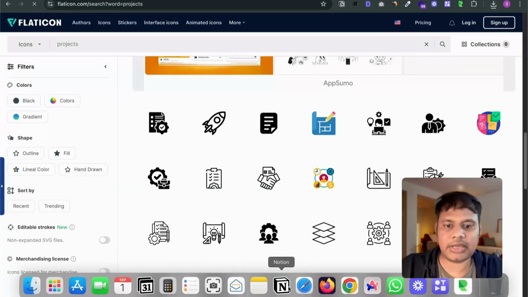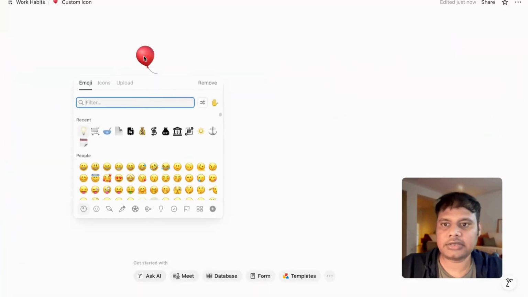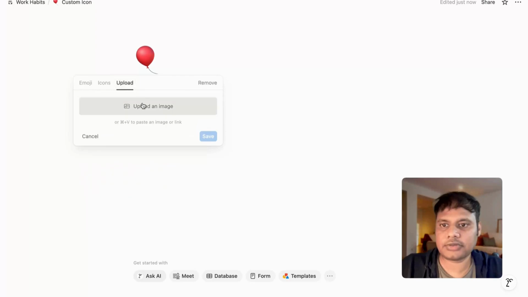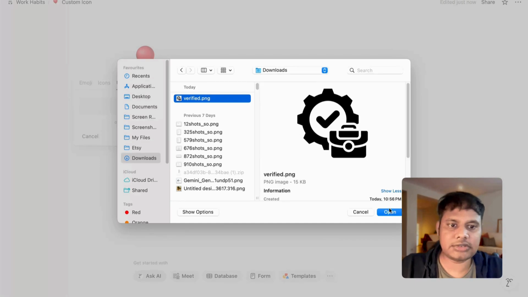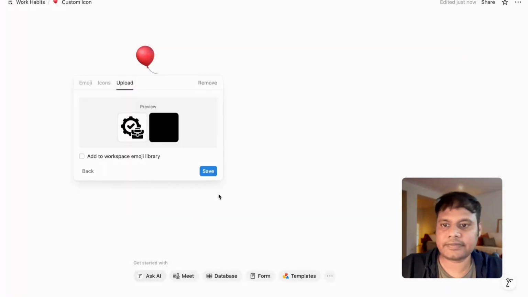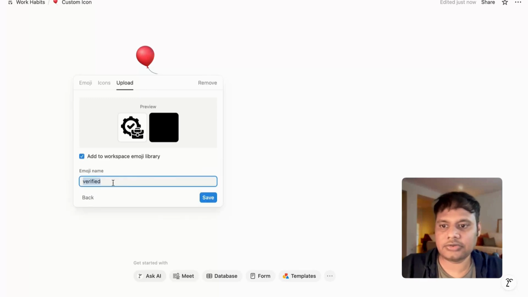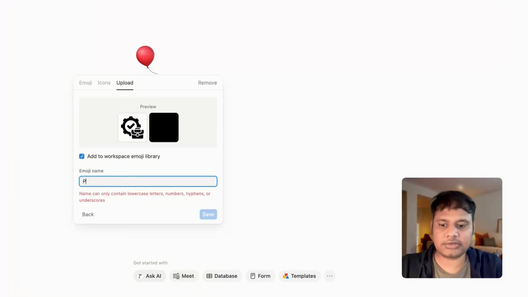Let's go to Notion again and let's change this icon. Let's go to the upload option and upload the downloaded icon. As you can see, this is the icon that we downloaded here. Open this, and here you can see it's asking whether you want to add this icon to your workspace emoji library. So I'll just check this, and you can also name this. It's called project